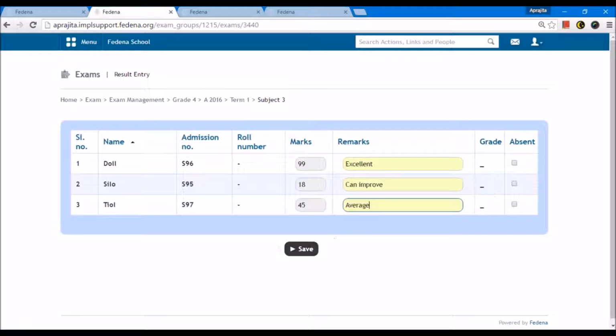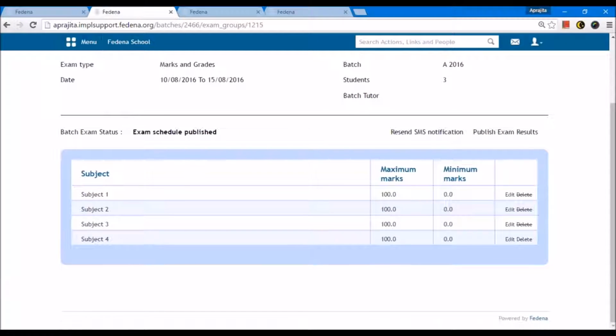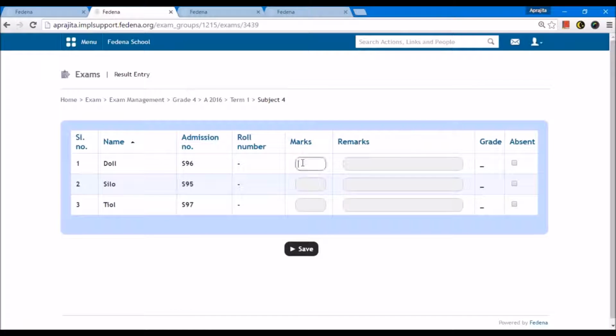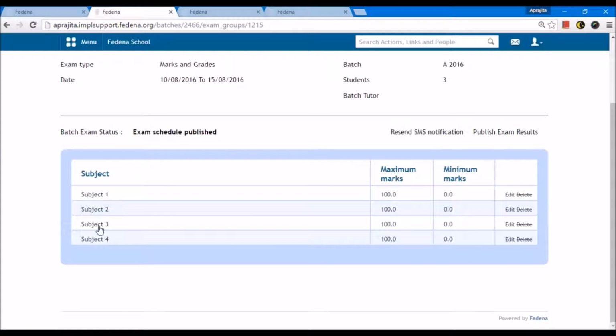Entering some remarks and doing the same for subject 4. So we have entered the marks for all the subjects. This can be done by the administrator or individual subject teachers.